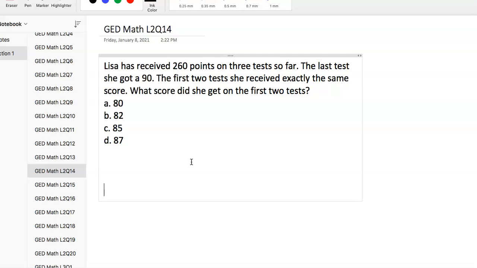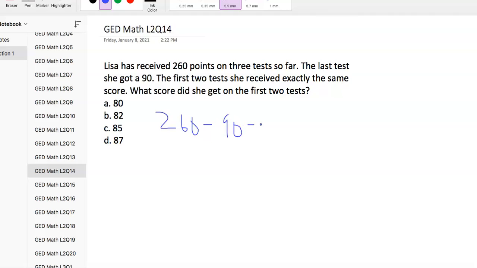Okay, 260 points on 3 tests so far. Last test, she got a 90. The first 2 tests, she received exactly the same score. What did she get on the first 2? Okay, so we start off with 260 for the 3 tests, right? And they tell us that on the last test, she got a 90. So we can kind of just eliminate that, and then we'll know